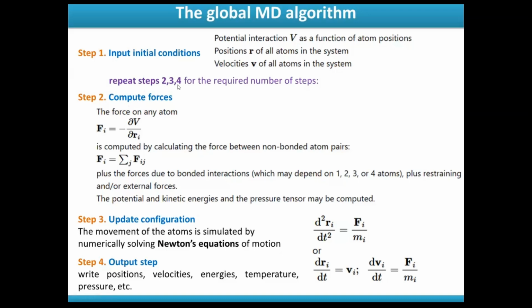Steps 2, 3, and 4 can be repeated again and again, depending on the time period for which we are simulating. The second step is computing the forces on the system. Force is the negative gradient of the potential energy present in the molecule. So we are summing up all the forces, calculating the force on all the atoms present in a particular system. And further, whatever forces are available,